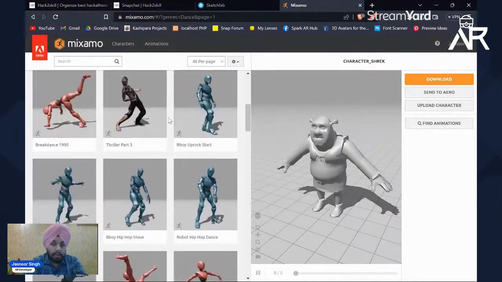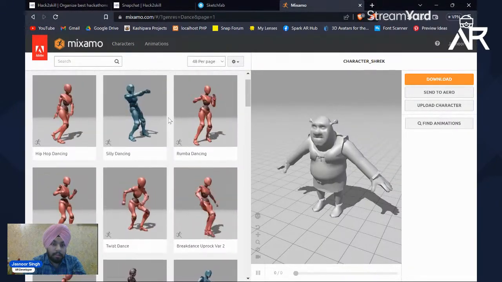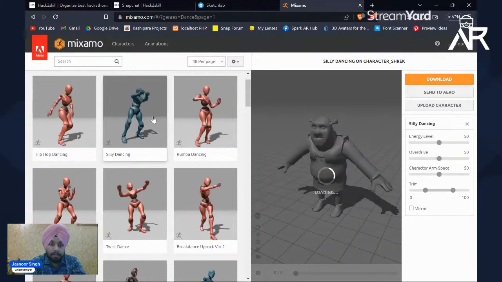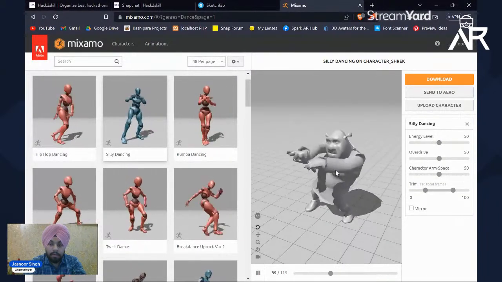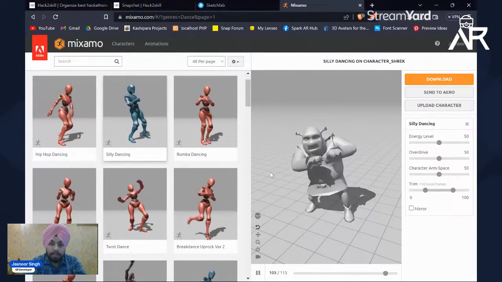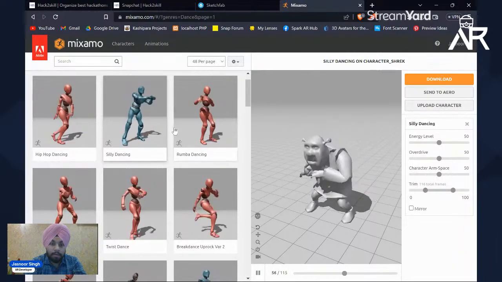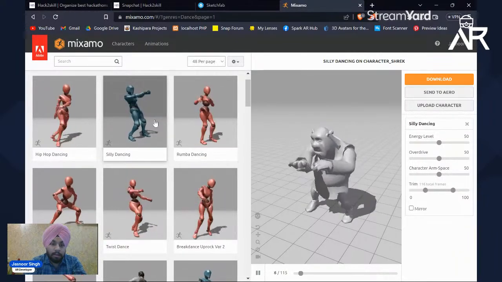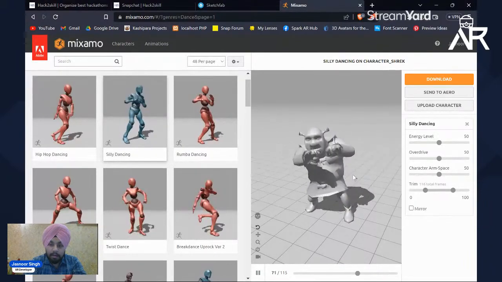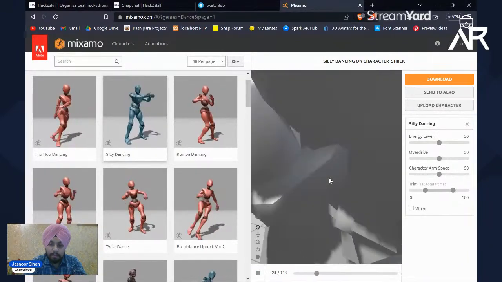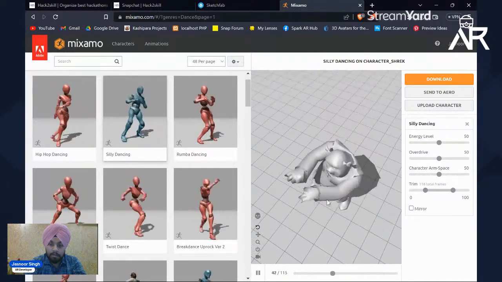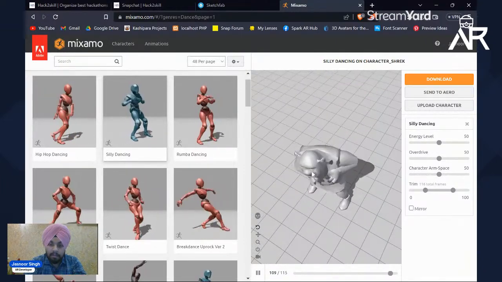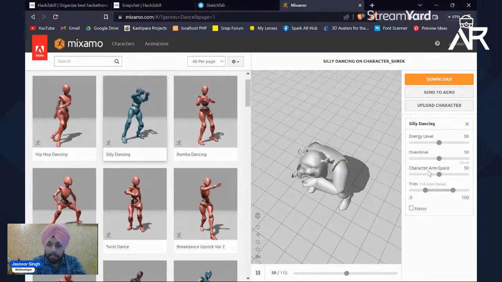Here you can see all the animations are here. Let's just go for the silly dance. Okay, so guys, you can see here the whole 3D model is making the dance movement according to the dance movement which is in here, and you can just zoom in and check whether the whole animation is perfect or not. You can see the hands are going into the chest, so let's just